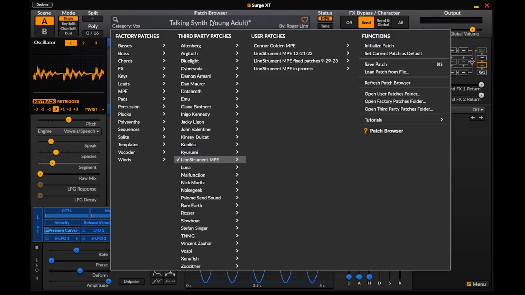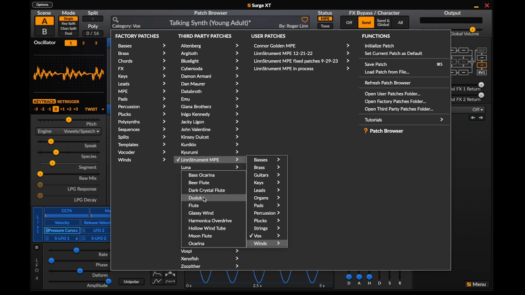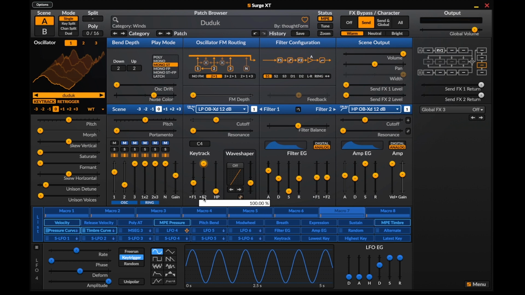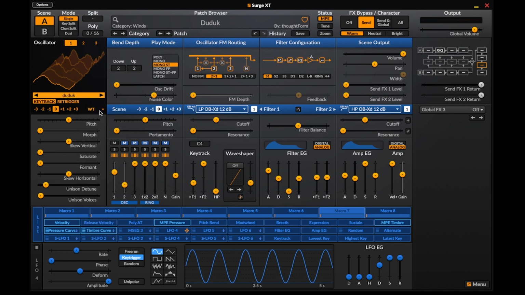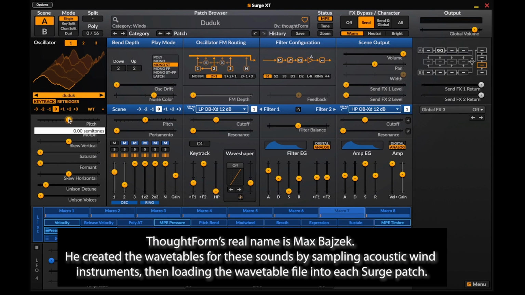Okay, so leaving the best for last is the Winds folder. Most of these are created by Thoughtform, who's a wonderful player and also created some marvelous sounds. And these ones that he created are all using the wavetable oscillator, shown as WT here. What he uses, once again, is a sample, and it allows you to index through that sample to select a single period waveform within it. And he uses the y-axis to move through that. So in the dudek here, or duduk rather,